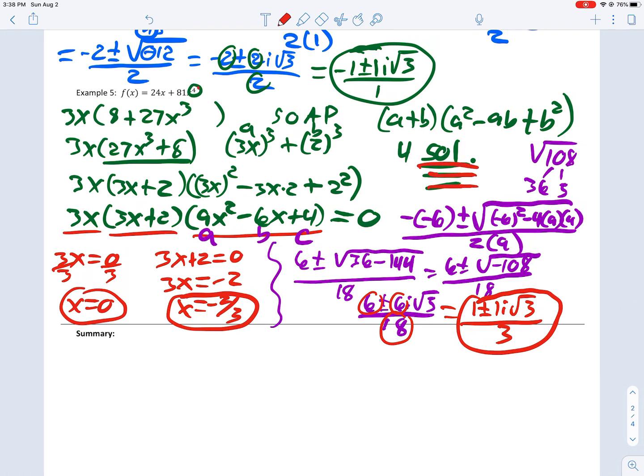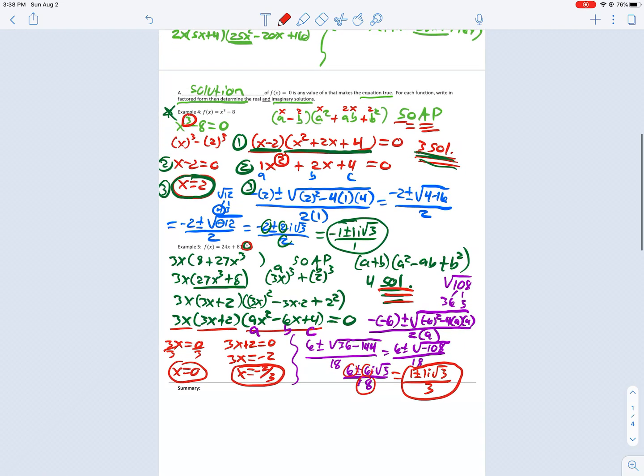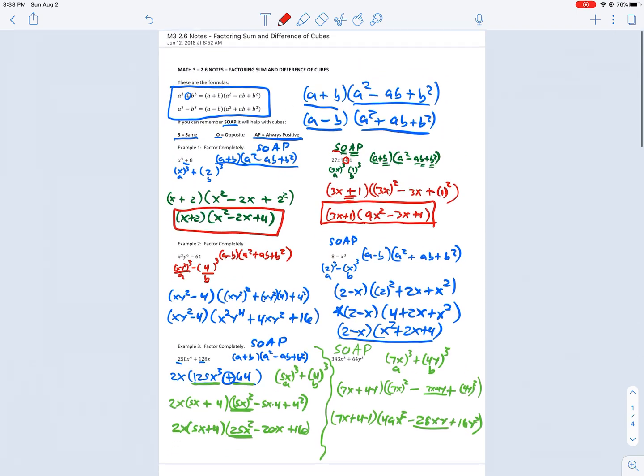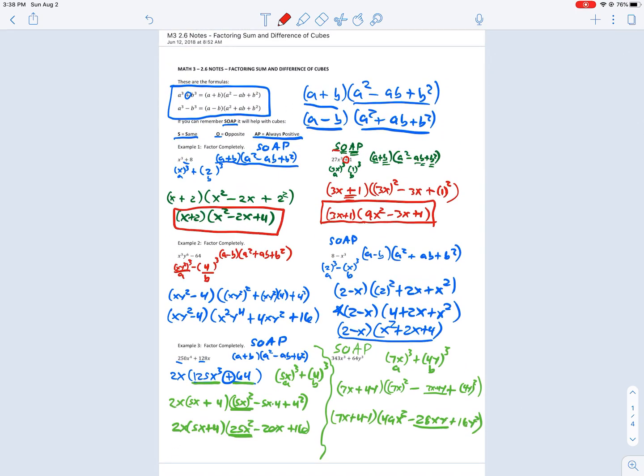2 real, 2 imaginary. We knew there were 4 solutions to begin with because it started off as x to the 4th power. So as you're doing these and you see these examples, you set them equal to 0, you factor, you set each factor equal to 0. Whatever degree you start with, the largest exponent is how many solutions you're going to get. Make sure you go back as you write your summary, you're answering your essential question at the top of